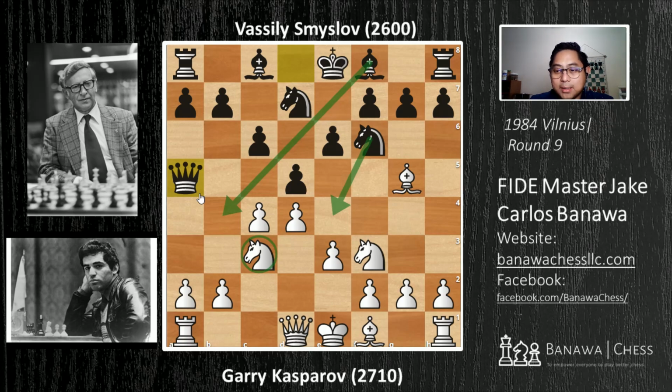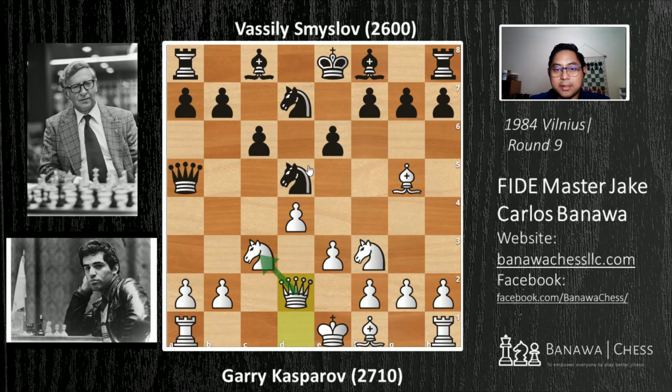According to Wikipedia, Black's idea is to get its queen out of the pin and start pressuring White's knight on c3 with Bishop b4 followed by Knight e4. Garry took. Knight takes d5, Queen d2, protecting the knight on c3, Bishop b4, Rook c1, e5, a3,